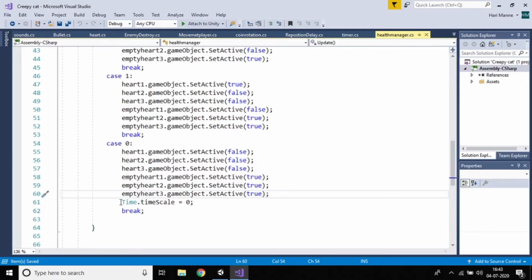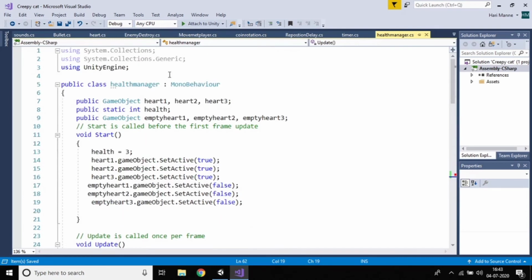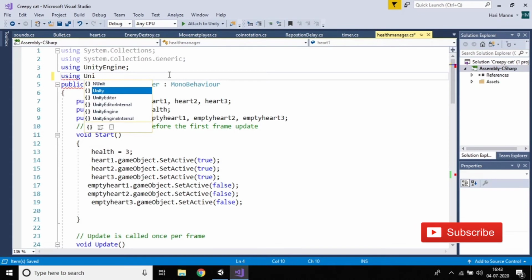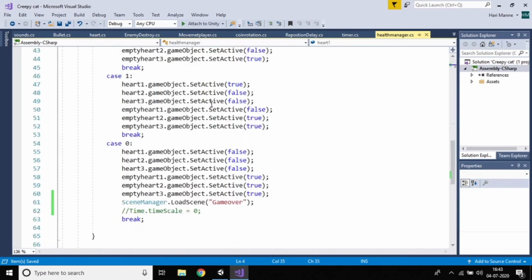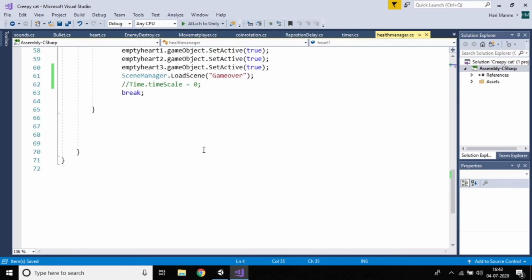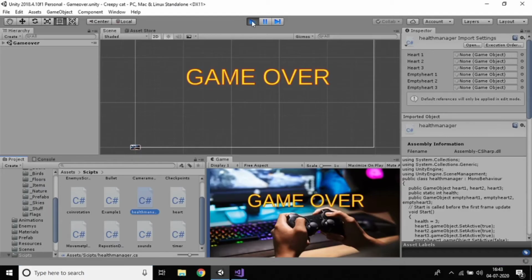Instead of the timescale line, just make this one load scene. Press Control S, and don't forget to add using UnityEngine.SceneManagement, then only it will work. Now you can observe there's no error.